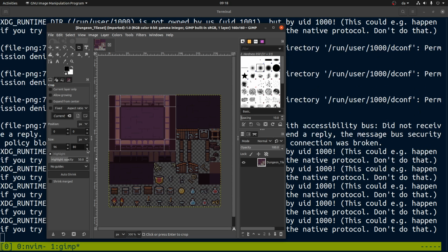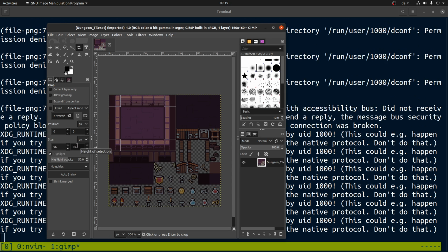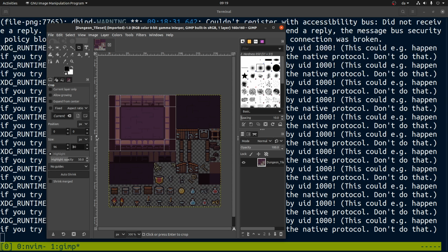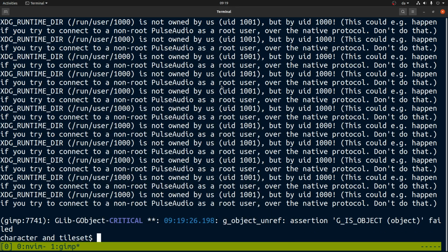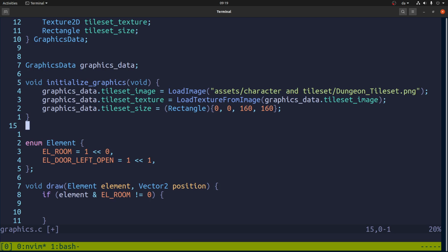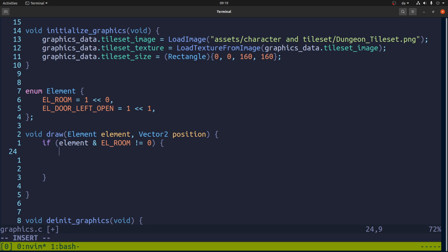So for example, well, this one doesn't look 16 by 16. Yeah, it is. So for example, this one, you can see we can count it. It's 1, 2, 3, 4, 5, 6. So it's 6 by 1, 2, 3, 4, 5. It's 6 by 5. So now GIMP is screwing up. So anyway, that means that